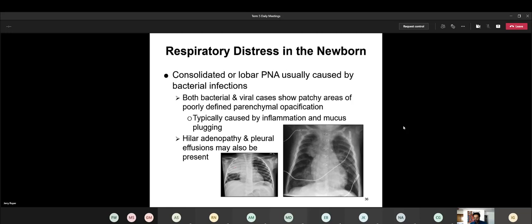And it says here, then the last bullet point is that you might end up with some hilar adenopathy or lymph adenopathy that's associated with the pneumonias as well. So, like in this X-ray here, we don't see the obvious whiteout or consolidation, but there's enough infiltrates where they're possibly suspecting that maybe there is some beginnings of pneumonia. But what's really of concern is how the lymph material here is looking really engorged. So that overactive lymphatic system, or as they're calling it here, hilar adenopathy,